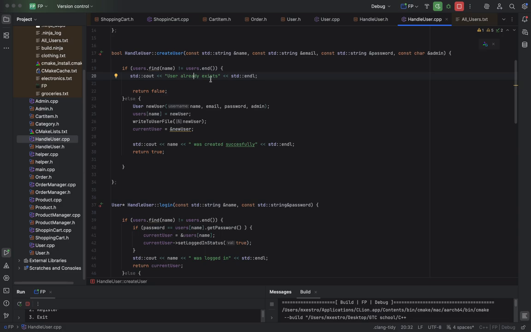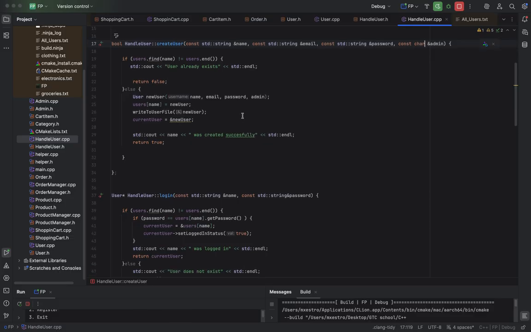Else, if we don't find it, then we're going to create a user object of the user class called new user. We're going to pass all necessary information that were the parameters, the name, and the string, the email, the password, and the admin, whether the user is a char, whether the user is an admin or not. And then we're going to